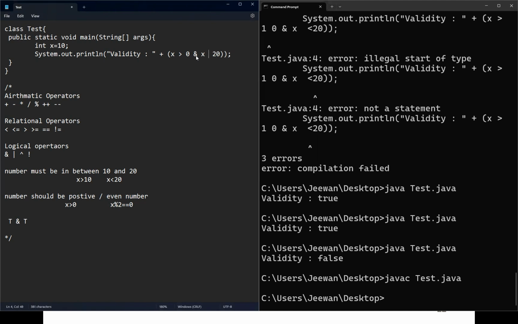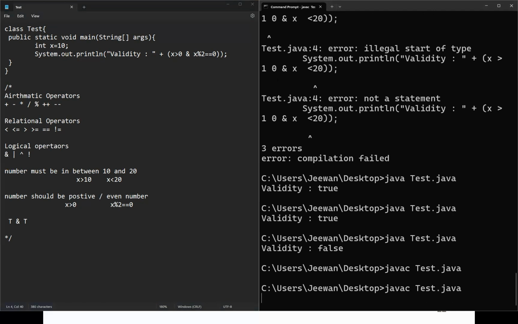And if x modulus 2 equals 0, now I'm checking whether it is an even number. X greater than 0, that is to check the positive number, and x modulus 2 equals 0. Now, here if I try,